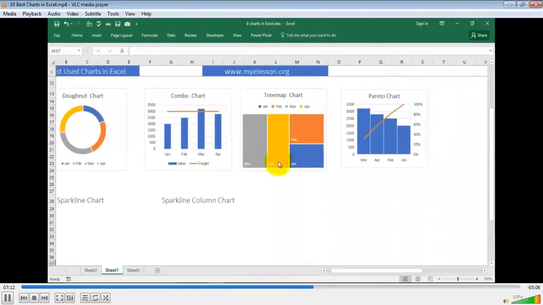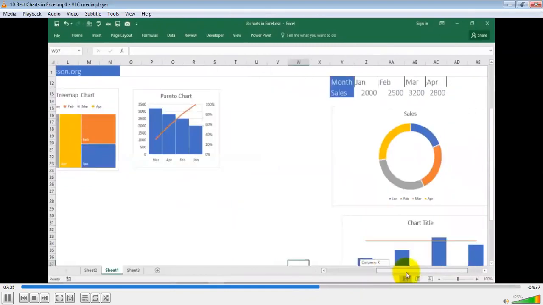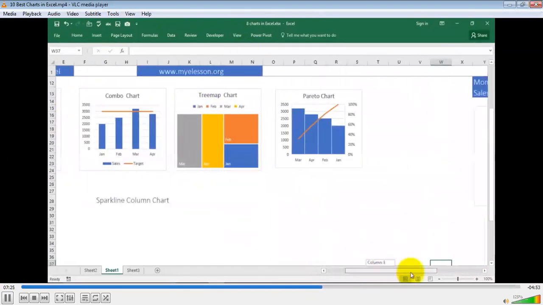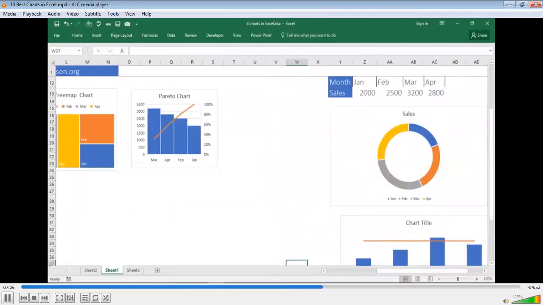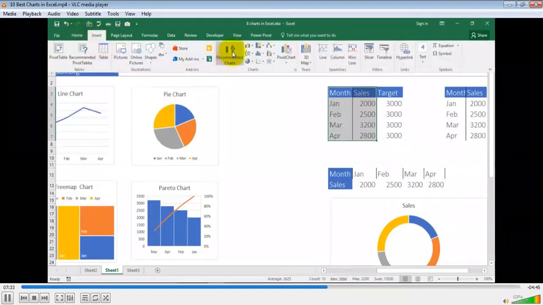And let's create a tree map chart, a beautiful chart which shows the content of your data in the form of square and rectangular blocks, something similar to what a donut chart does in a round way. So this is my data. I select it. I go to insert. I go to recommended chart.